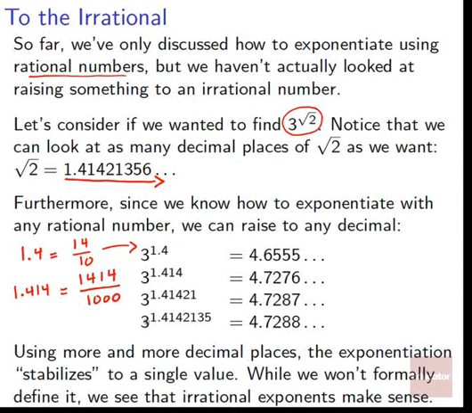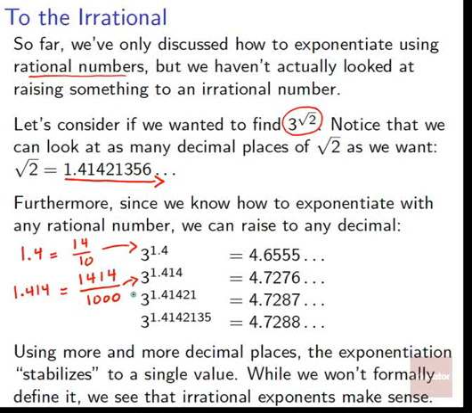So we could do 3 to the 1.4 as 14 over 10. 3 to the 1.414 is 1,414 divided by 1,000. So we see that the work we've just done gives us a way to figure these things out. Of course, it'd be very difficult for us to do these by hand, but there are methods to do these things. We could do it by hand, but we'll leave it to the calculator since they can do it so much faster. We can use a calculator and get this done so much faster because they've already been programmed with